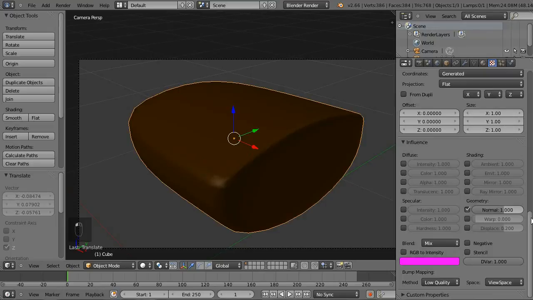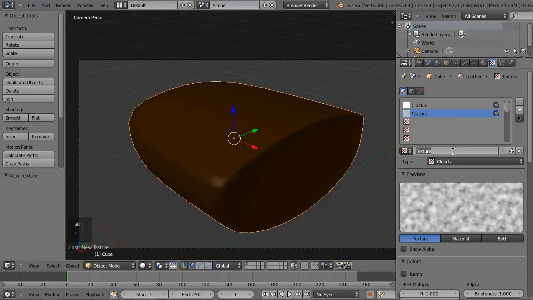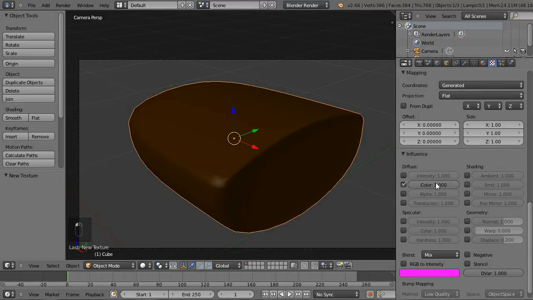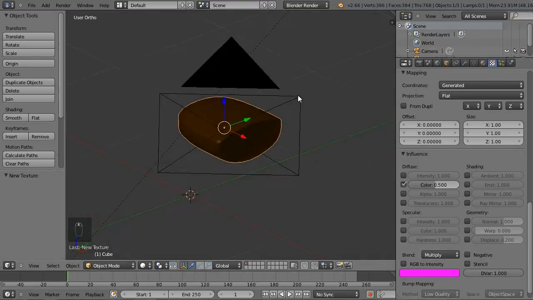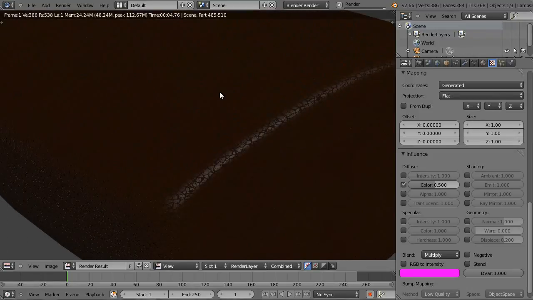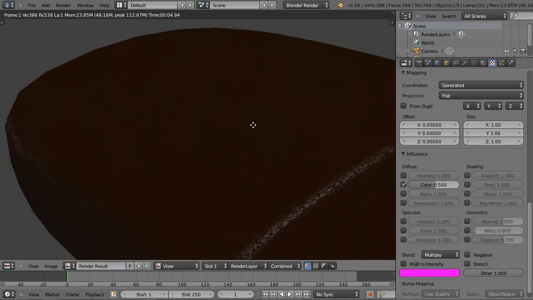So we're just going to add in a couple more textures. The first one will be for some color variation, and just some clouds are fine for that. We want to set the color to about 0.5 and set it to multiply. Now if we hit F12 on that, you should be able to see there's some variations in colors